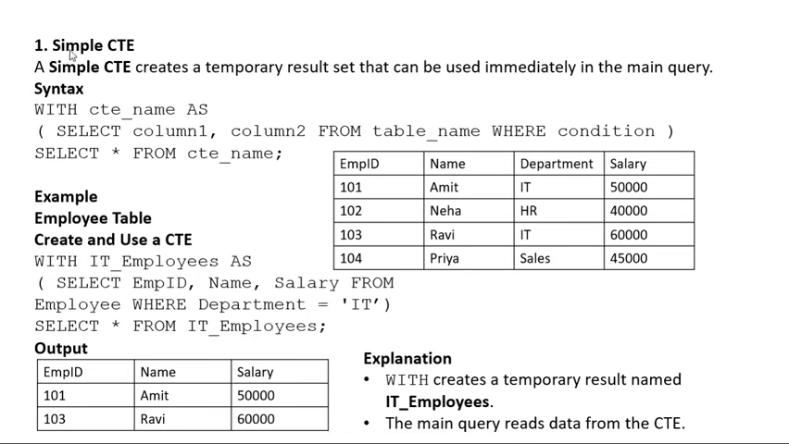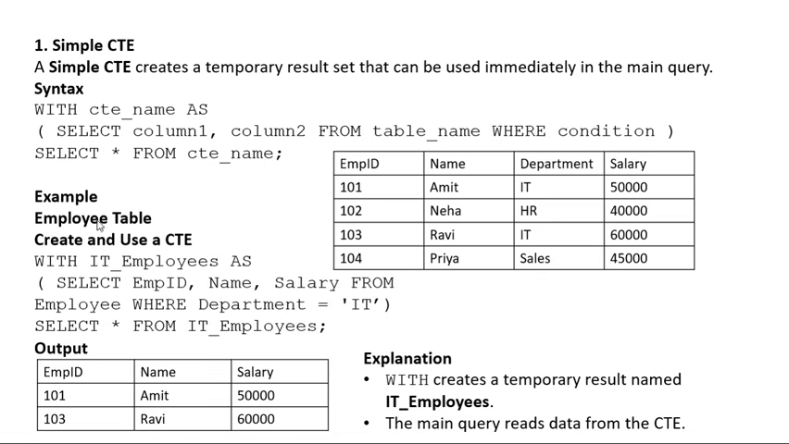The first type is a simple CTE. Simple CTEs create a temporary result set that can be used immediately in the main query. As a syntax: WITH cte_name AS, and inside the parentheses a subquery, SELECT column1, column2 FROM table_name WHERE condition, and the parenthesis closes. And after that, SELECT * FROM cte_name;